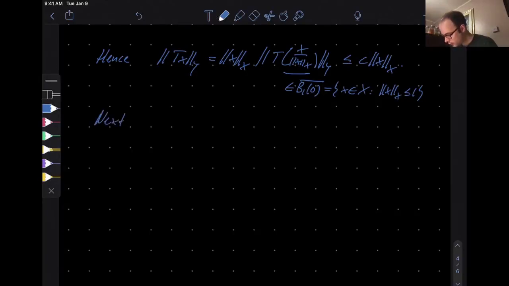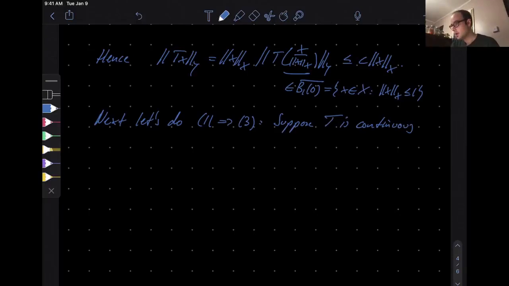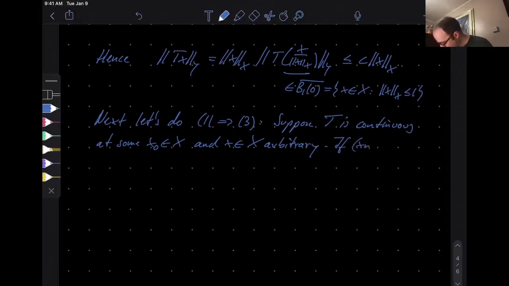Now, next, let's do the following equivalence. Let's do 1 to 3. For that, we will use one of the criteria that I had earlier that were equivalent to a function being continuous. So suppose T is continuous at some x naught. Now I will show I have continuity actually everywhere. So, x in X arbitrary, I will show that T is then also continuous at this arbitrary point x. We will use the sequence criterion. So if x_n converges to x,